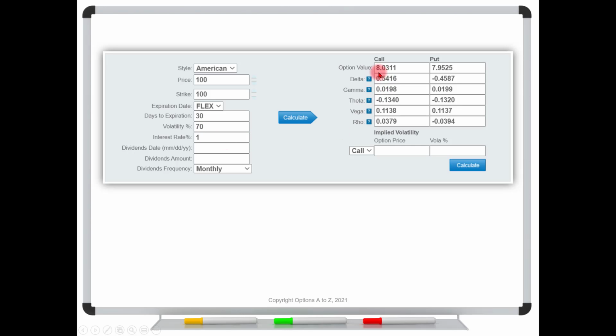So you might be looking at this saying, okay, if I pay this roughly $8, but look at my theta, 13 cents. So if I pay this 8.03 and I subtract off the 13 cents of theta, which is what it's expected to lose between today and tomorrow, yeah, my option should be trading for about $7.90 tomorrow. And if the stock goes up like I think it will, it could only get better from here. Well, once again, that is assuming that this 70% volatility figure right here stays the same. And if that's true, yes, this 13 cent theta will be absolutely true. But remember, in the real markets, this is often changing.